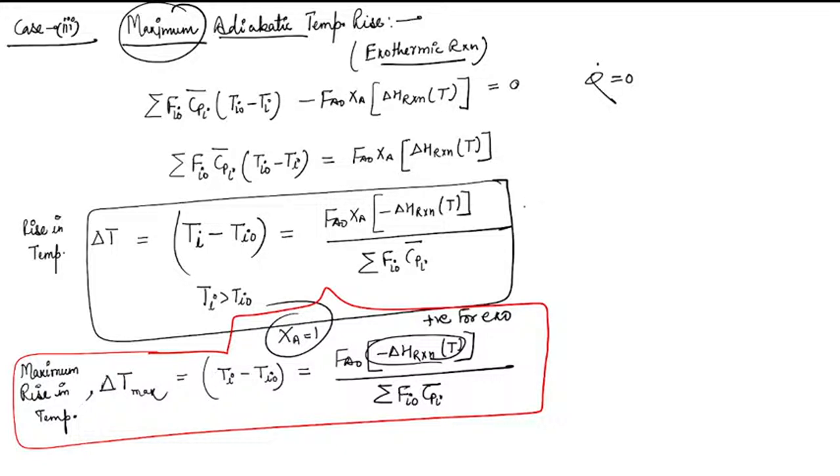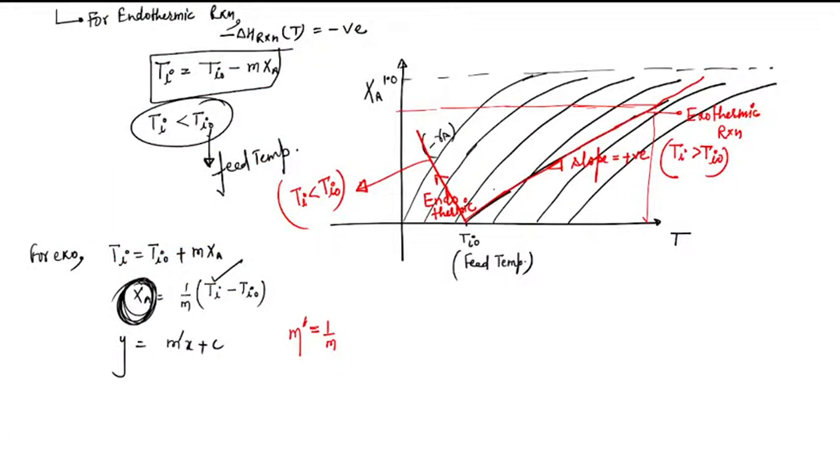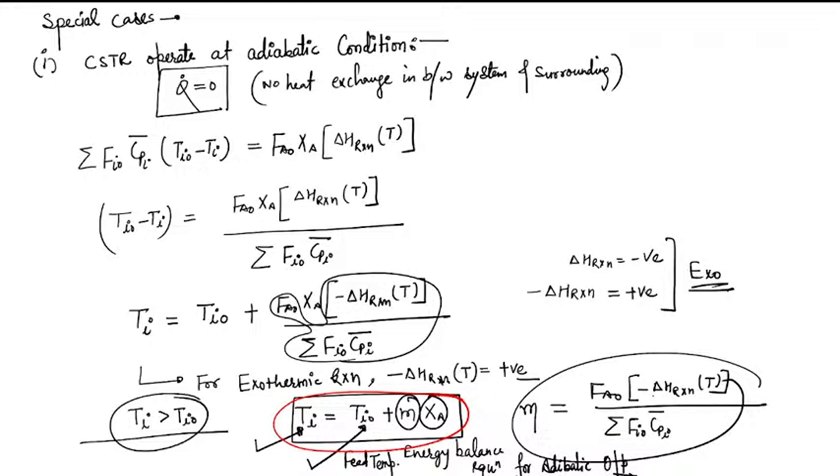In this case, XA versus T, the slope, you can say it as m prime is 1 by m. So what was the m? You can check. So m is this,